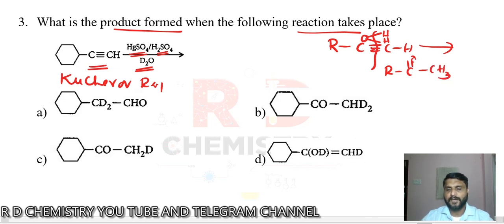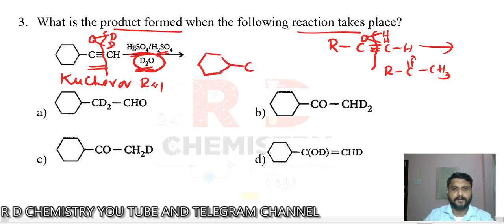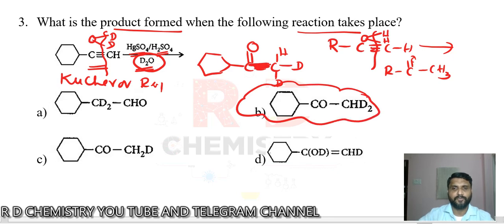See that hydrogens are going to the terminal carbon atom. So here also what you're going to do is split it, but they're not going to add water, deuterated water they're going to add. So split into oxygen, deuterium, and deuterium. So we'll get cyclohexane, then a triple bond like this. Initially hydrogen was there, now deuterium comes. Two deuterium comes, and it is a single bond, double bond. It is okay, right? So this should be the compound. Clear? Therefore, the answer is option number 2. Is that okay? Fine.